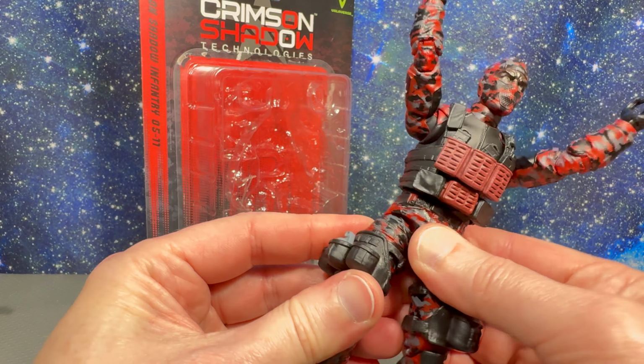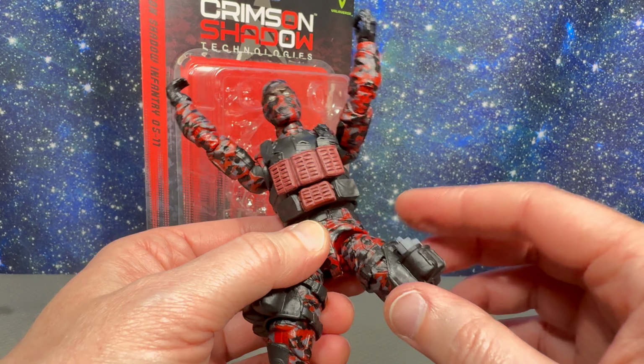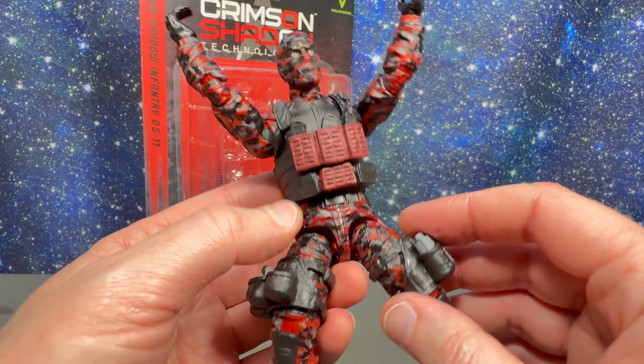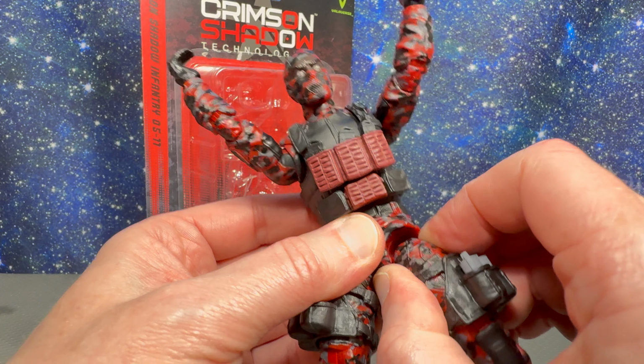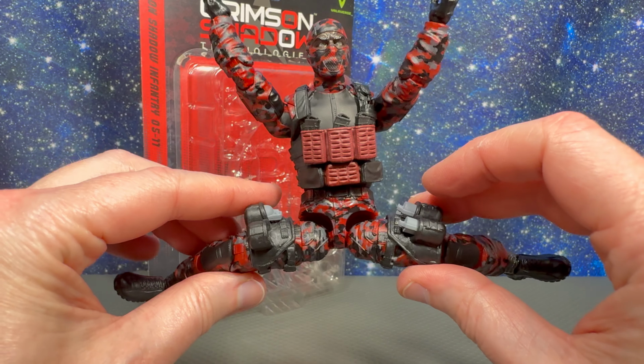So this guy, I was afraid I was going to have those problems, but the legs are just a little too loosey-goosey, and the hip joints or the drop-down hips are a little too stiff. And I kid you not, I was afraid I was going to break it. So I made sure I warmed it up. But it does get really good range of motion now, so he gets a full split,